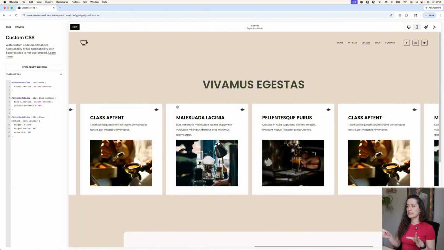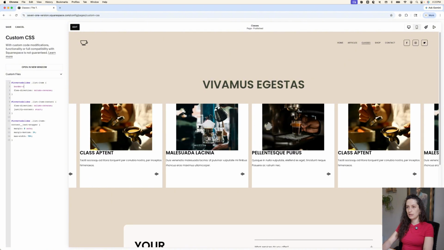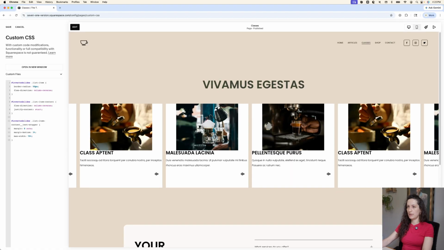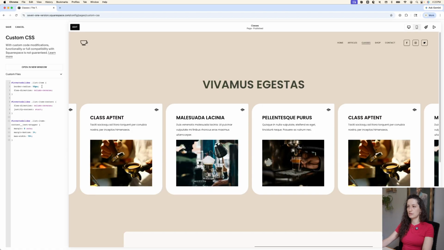Now, last but not least, I'm going to be adding a little bit of a border radius to the cards. So I'm going to go back into my snippet where I'm targeting that list item, and I'm going to include a little border radius here of 5 pixels. So once I do that, you can see how everything looks great, but there's one quick thing that I want to note. If I were to make this a little bit bigger, say something like 50 pixels,